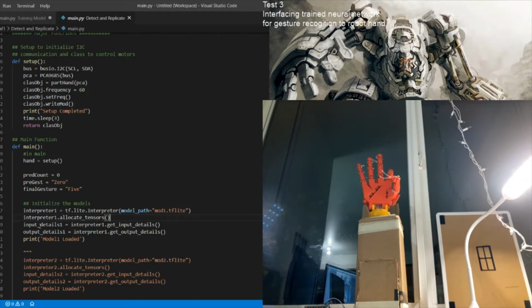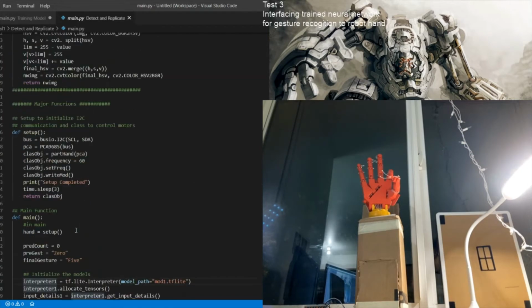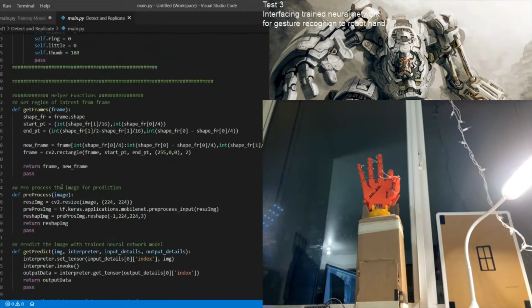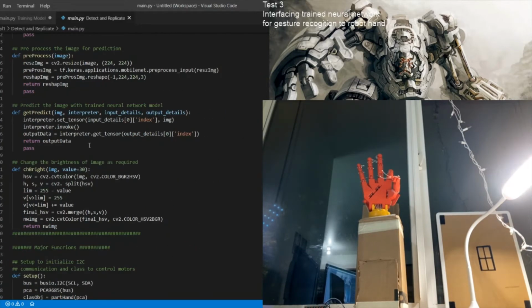We load it in one variable, locate the weights, get the input and output details, and save them. Whenever we have to classify an image, we pass these values to this function and it will predict and give us the results.